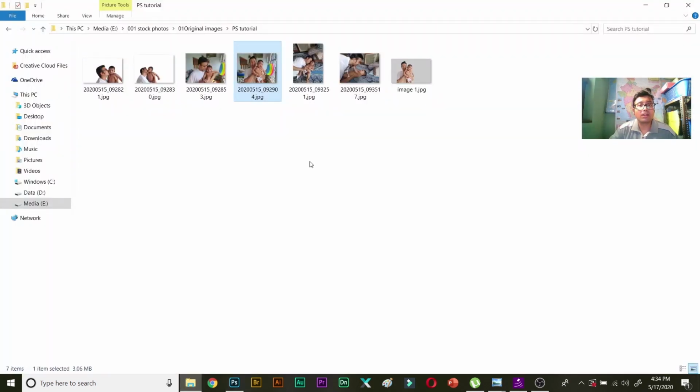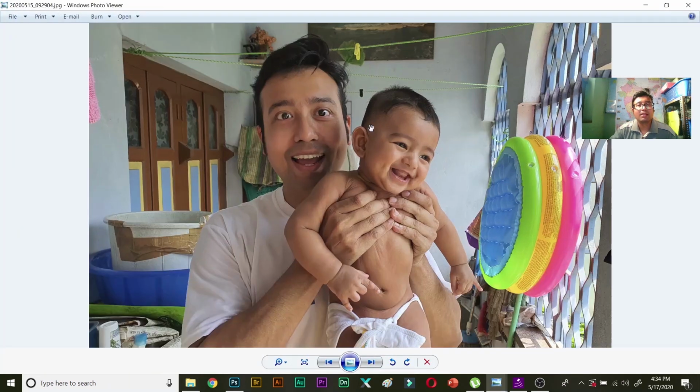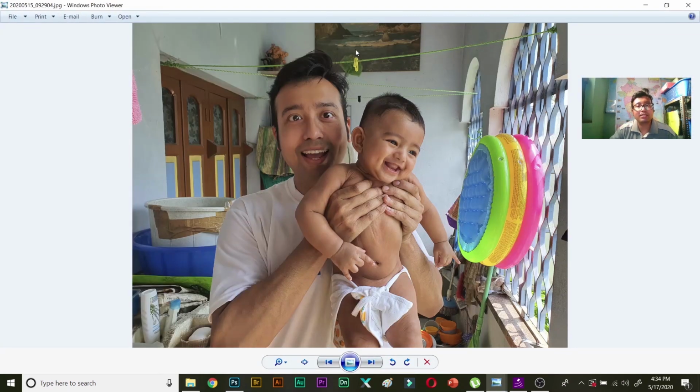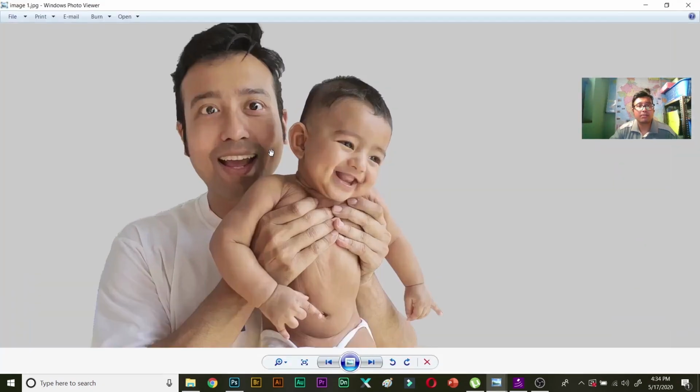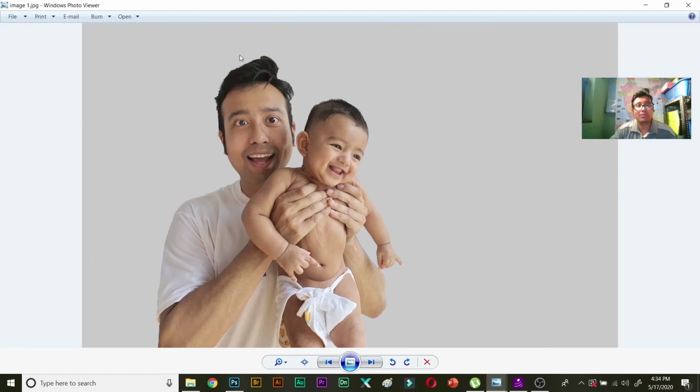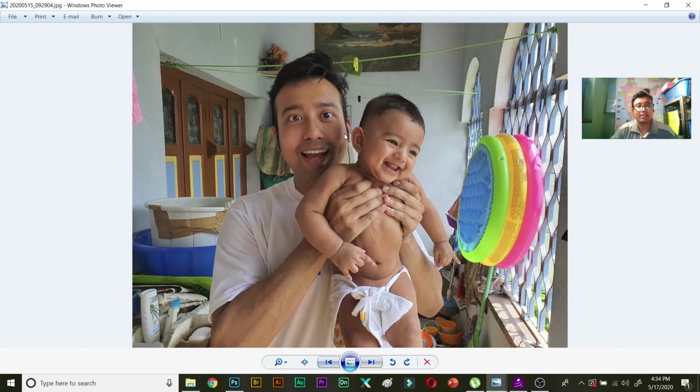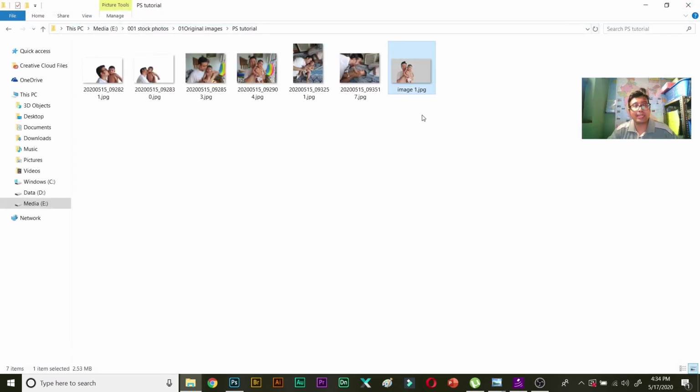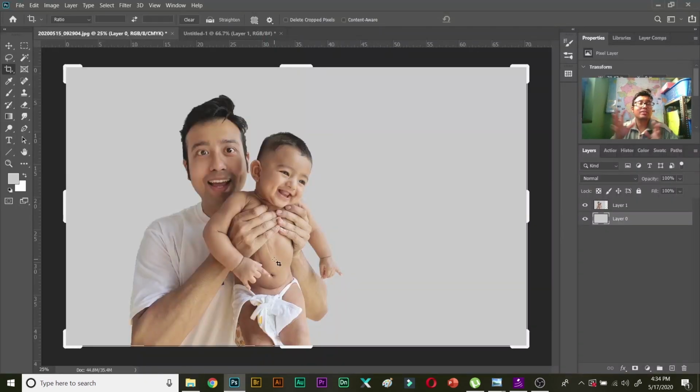Now I will compare two images and show you what the original image looked like. So this is the original image. It's so much garbage in the background, and this is the final image. You can see it's looking so much more dramatic and it looks like a full studio image, but this was nothing but a simple mobile photograph taken at my home. So I hope you improve your Photoshop skills so that you can do everything in Photoshop and make a simple or bad looking image a good looking image.